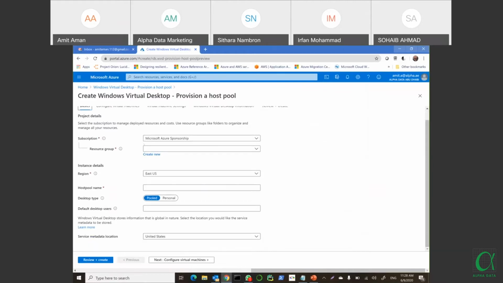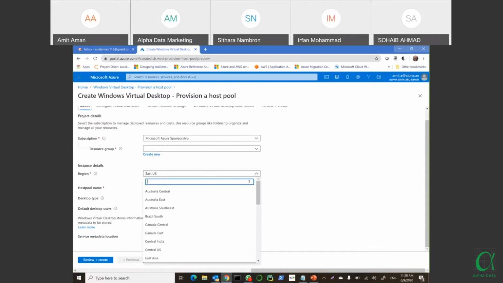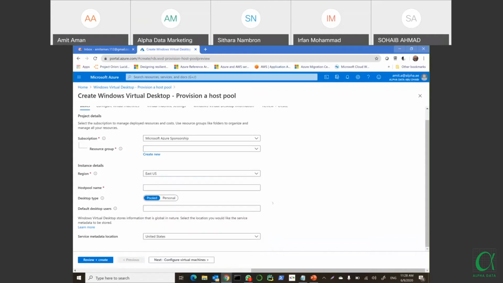So here you have to mention your Azure subscription and resource group. Then the region in which you are hosting. Currently, due to the high demand, you cannot see some of the regions being listed here, like UAE North. It is here, but due to this pandemic and the increased demand, you may not be able to provision the resource here. But if you request Microsoft in advance, they will provision that resource in your subscription, and you will be able to provision your resource in this region.